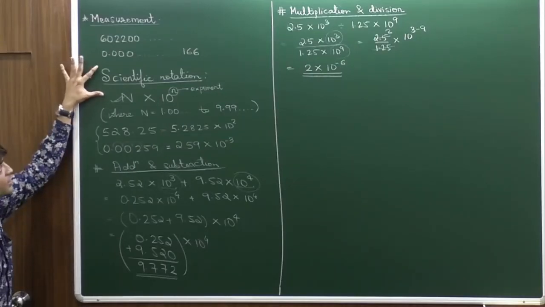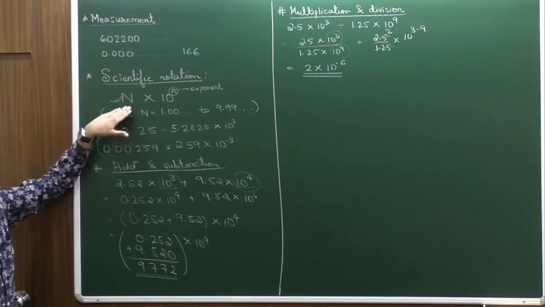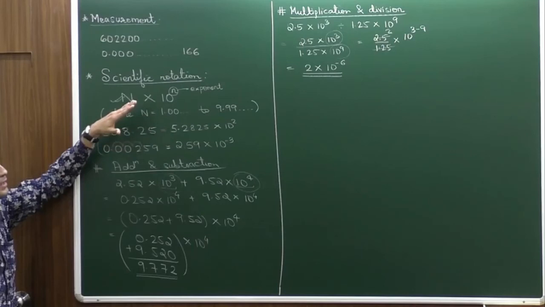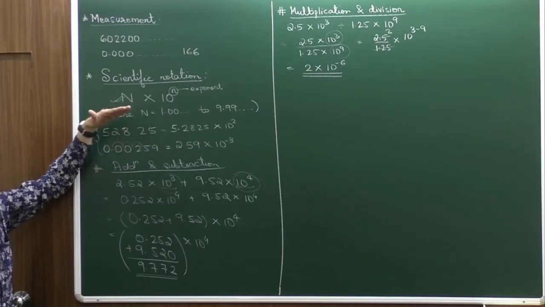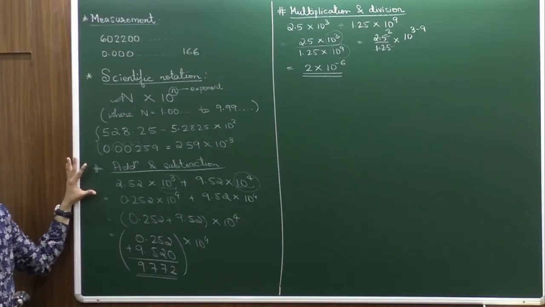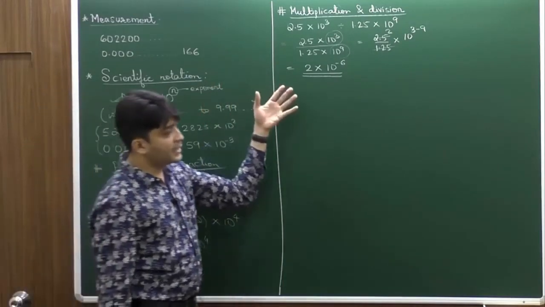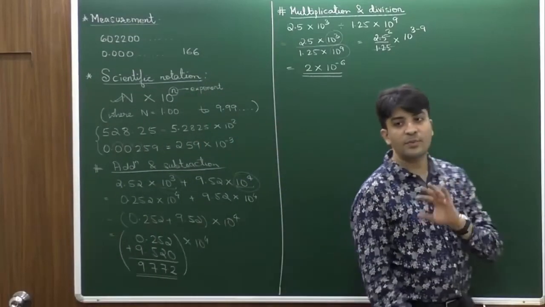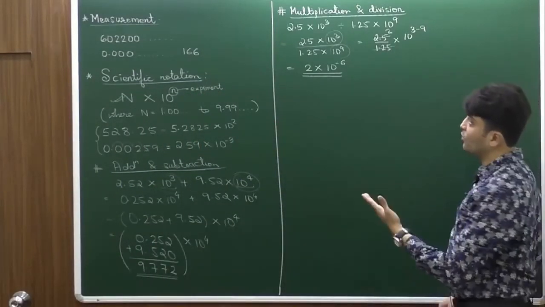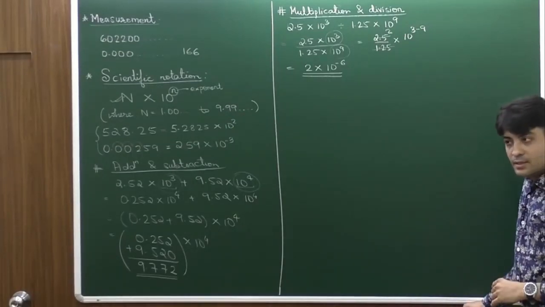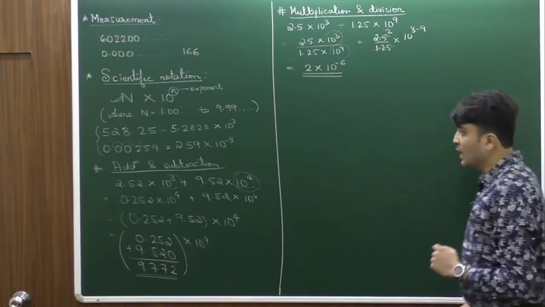तो साइंटिफिक नोटेशन में एवरी नंबर हैज टू बी एक्सप्रेस्ड इन दिस नोटेशन वेयर यू हैव अ डिजिट 1.00 to 9.99 into 10 raised to the power, and that power is called as the exponent. While addition and subtraction is being performed, the exponent should be common. In case of multiplication and division, the exponents can either be added or subtracted depending on what mathematical operation you are carrying out. Correct? समझा यहाँ? ओके